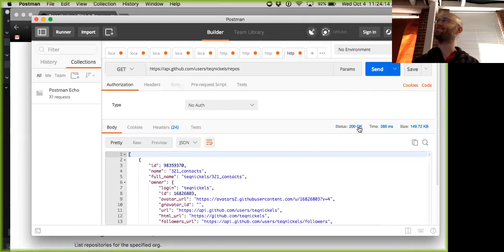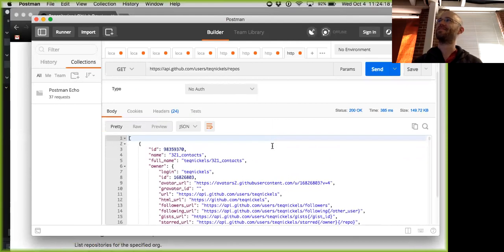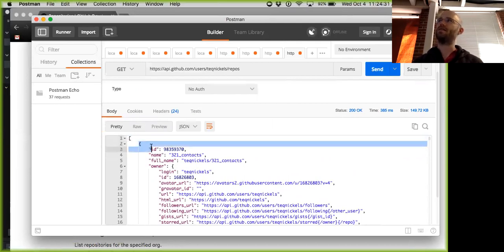Whoa, we got a 200. Okay, status 200. Let's see what we got. So I hope you don't have any super embarrassing repos. Just that one time. So we've got an array back, because we know that because of the bracket. And then the first element in the array is an object. And that object has these